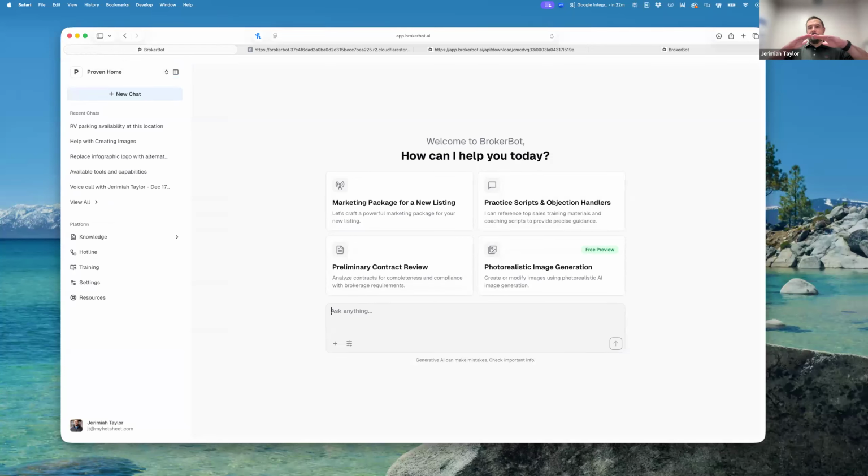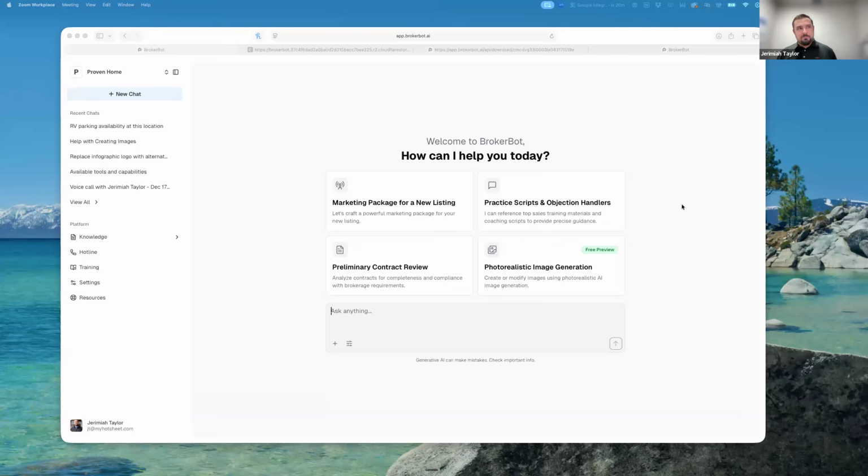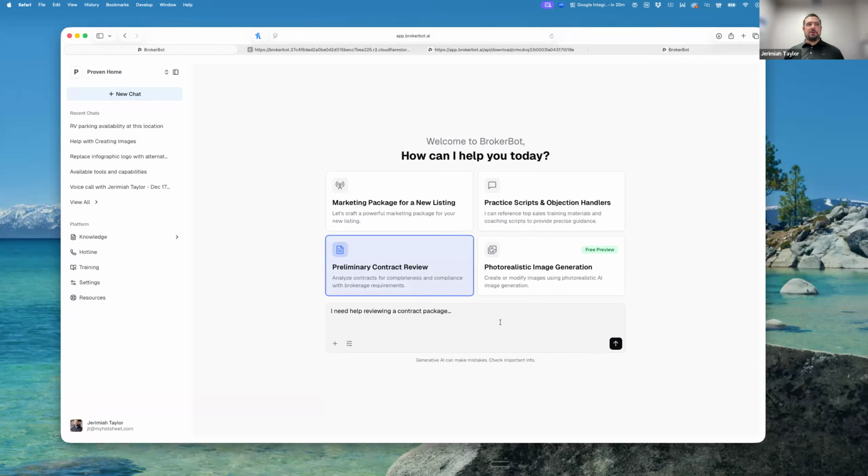High level, I'm going to go back into the platform for a minute, and I want to show you a couple more things we've been working on that are cool. If we use this preliminary contract review assistant, what this is going to do is go through your contract, extract your key dates, and then look in your office's knowledge base for